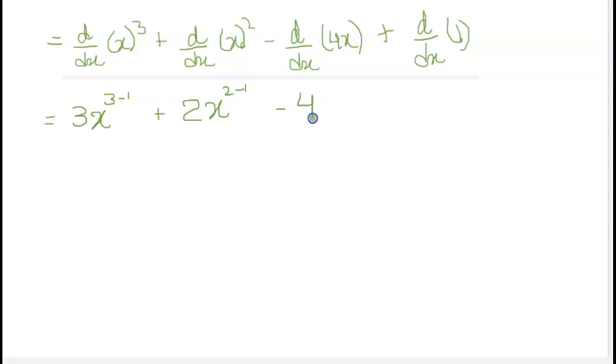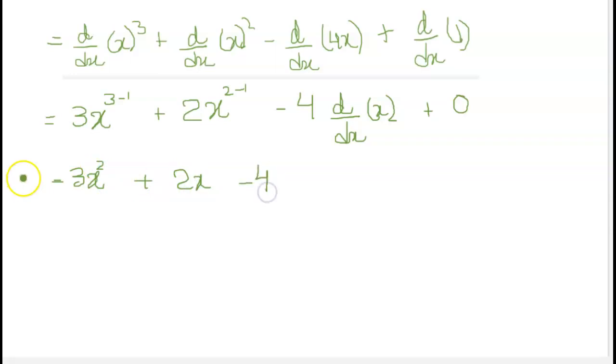Here the 4 is there, and then that's d over dx of the x. Plus constant is 0. So that becomes 3x squared plus 2x minus 4, and that will be dy